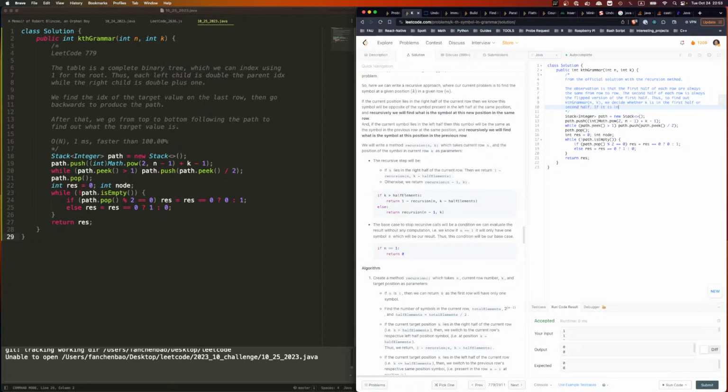If it is in the first half, we simply find the same position in row n-1. Otherwise, we find the flipped version of the same kth location, the same location in the first half, right? Which means